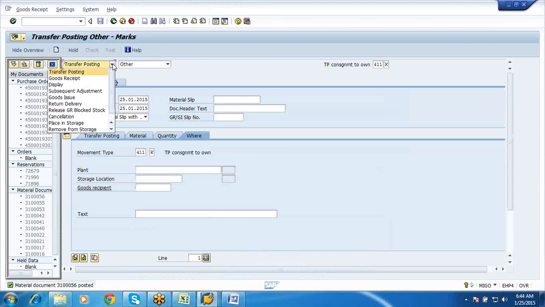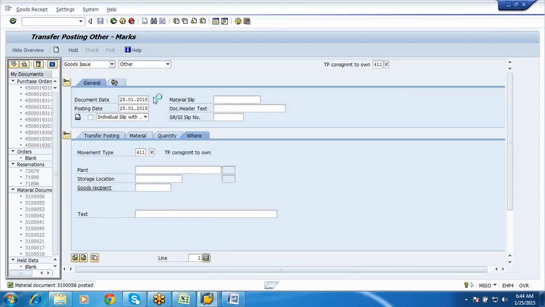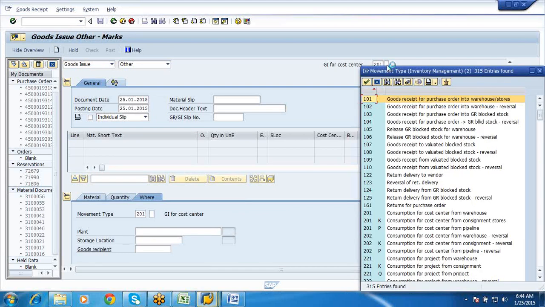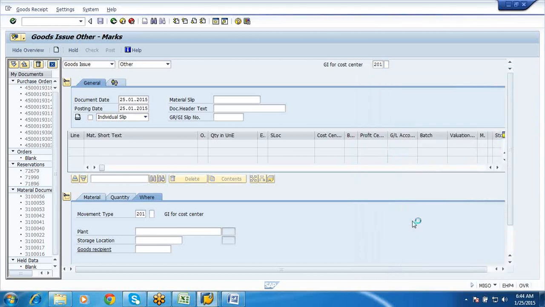If I say goods issue other, and if I say 201K, see, consumption for cost center from consignment stores.